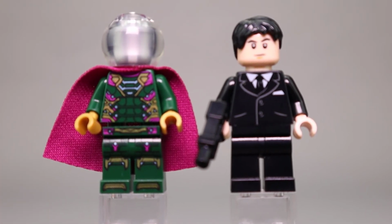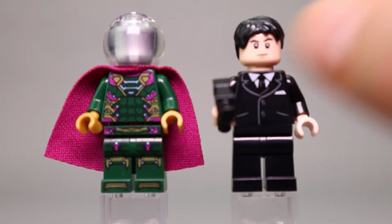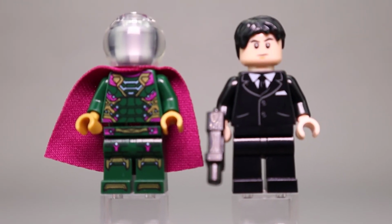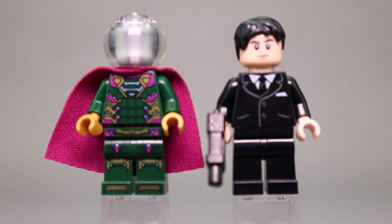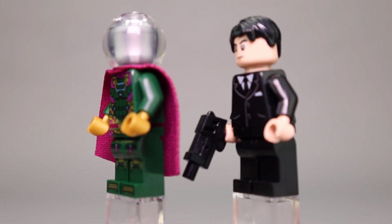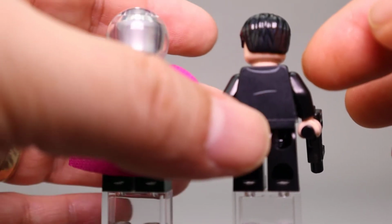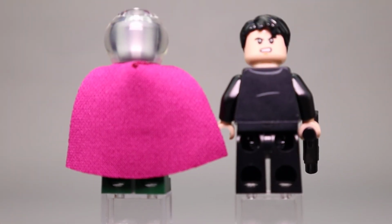the feet. Happy Hogan's got this pistol piece here, which is one you don't see all the time, but it's a nice little mold. He's wearing a black suit, white shirt, black tie. Kind of a little bit messy hair. I think fairly representative of the character. Kind of a neutral expression on his face here. No side printing on either one of these. Happy's got just a little bit of detailing on the back here, and then a much more smiling face here